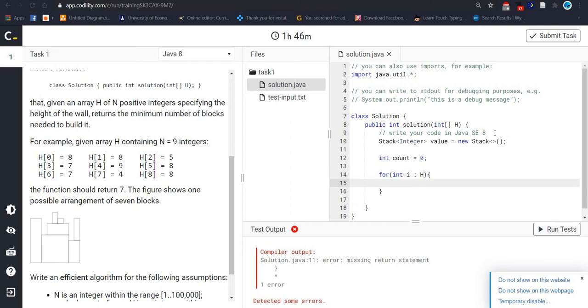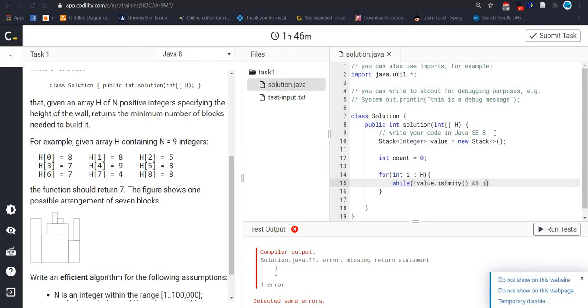Then later I am going to use a while loop, because we will check until we find how many blocks we need. That's why we should use a while loop. It will keep searching until it gets the actual result. At first we have to check if the stack is empty or not. This is the first condition.